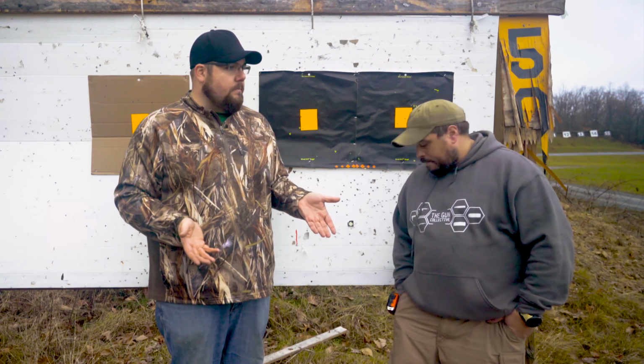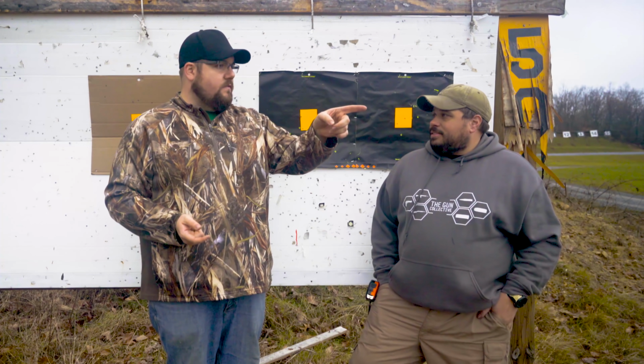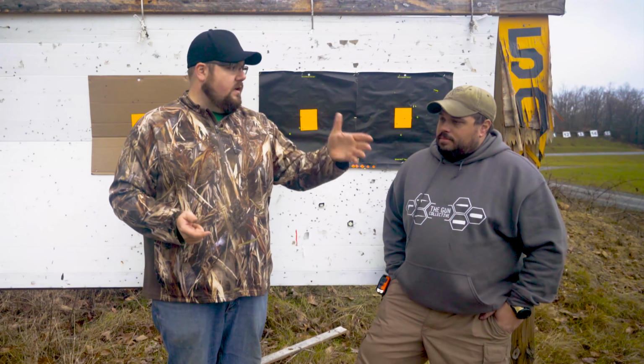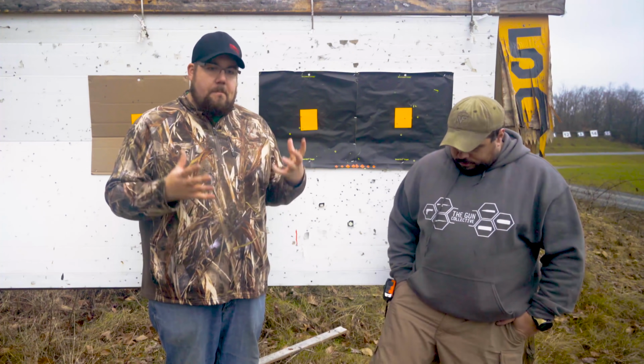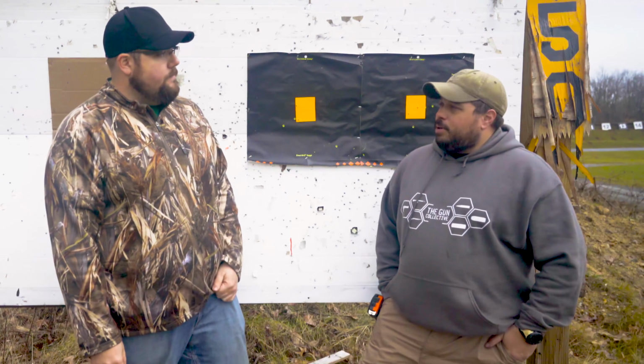But that rifle is probably worth upwards of $2,000, $2,500. The optic on there is a $2,000 optic. That's a $600 barrel in there. Yeah, this is premium. We gave it the best chance we could, and it just won't shoot. I don't know if it's finicky with ammo or...